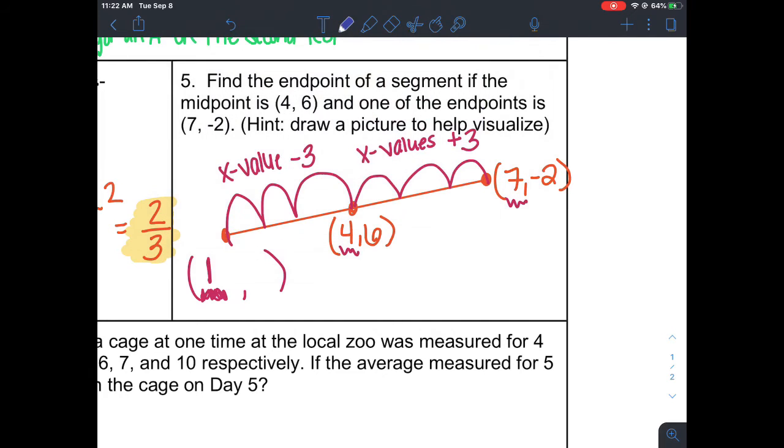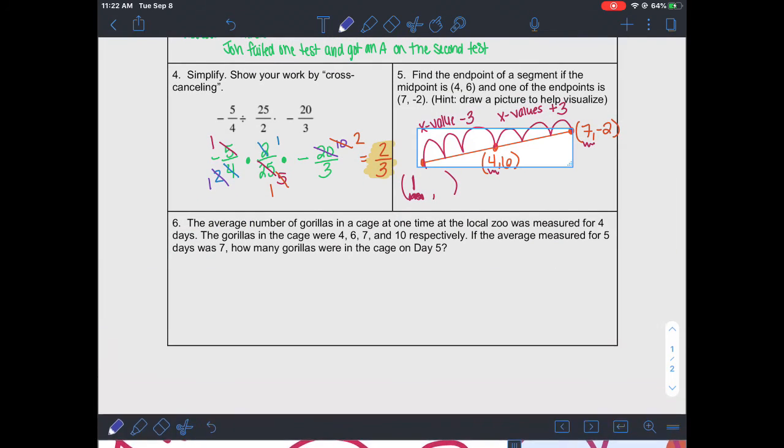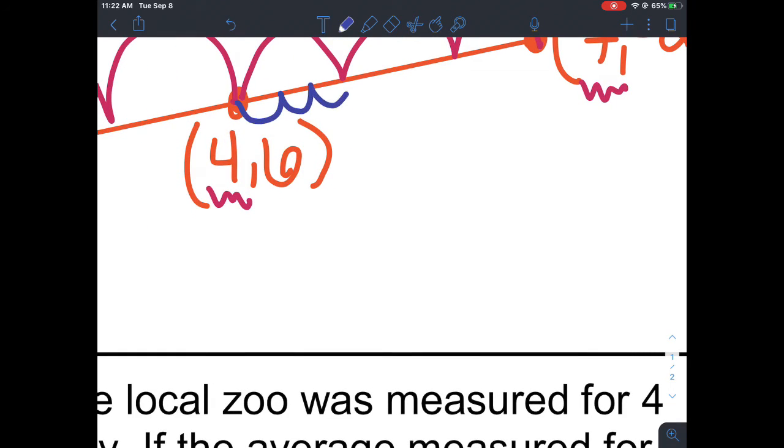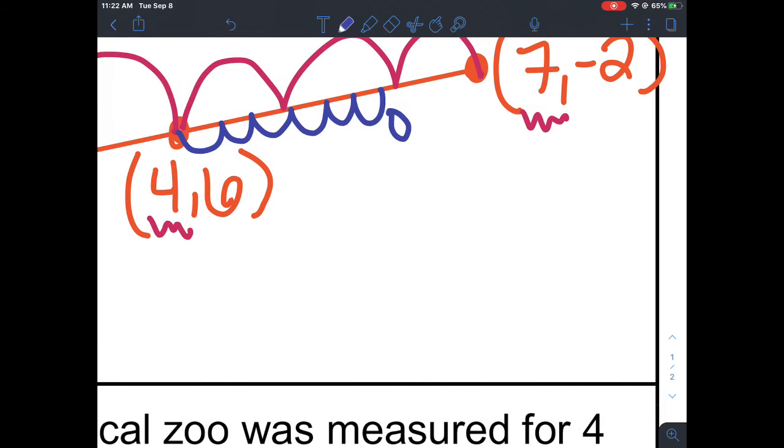And I will do the same thing for my y value, which I know doesn't make sense because the 6 is on the left and the -2 is on the right, which is backwards on a number line. But how far apart are these two numbers? So from 6 to 0, that's 6 units away. 1, 2, 3, 4, 5, 6. That gets me to 0. And then to get down to -2, I'm going down 2. So that's 1, 2, 3, 4, 5, 6, 7. Those are 8 units apart.